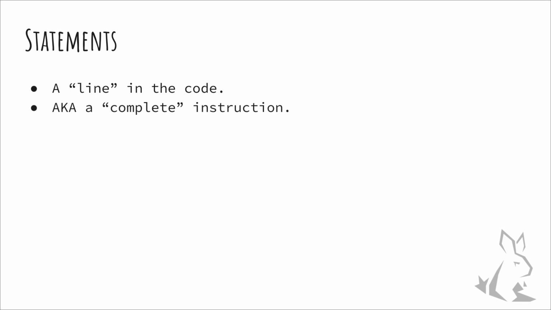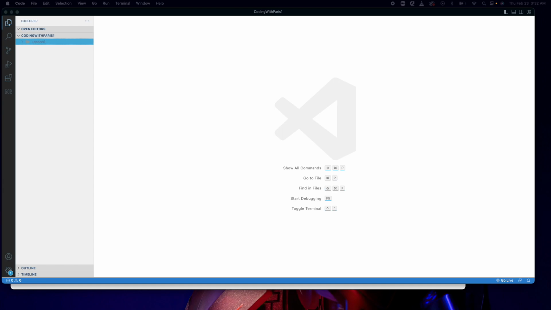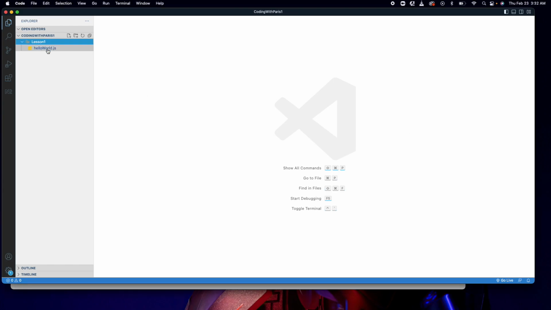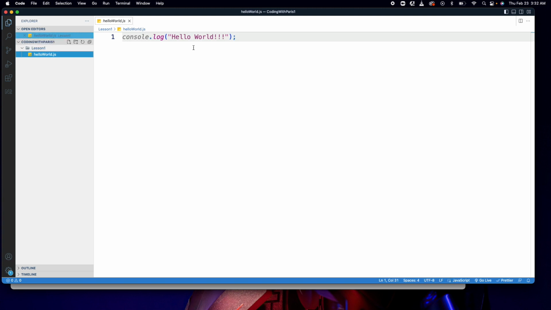Okay, let's talk about two elements you will probably see in every program today, and that's statements and variables. Statements are essentially a line in the code. They are an instruction that the computer is to run. Another way I like to think of statements is as a complete instruction that you give your computer. So one example of that would be in our first program, we have one statement, one instruction that we're giving the computer, and that is